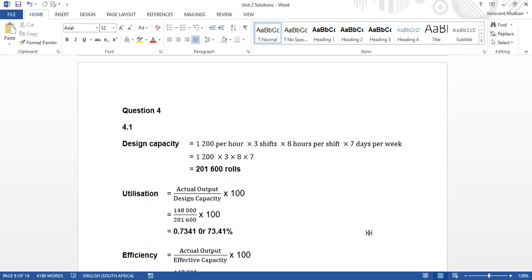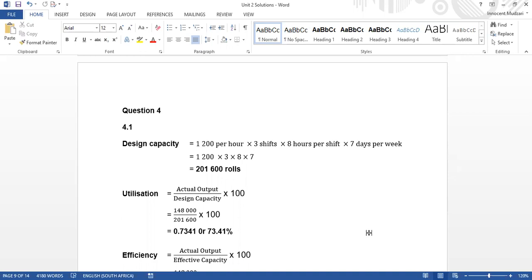Right, so question 4, it's unit 2. You'll find it on page 47, with 4.1 and 4.2. Page 47, that is where we have design capacity, utilization, and efficiency. First, calculate the design capacity. Design capacity is the total achievable capacity under perfect conditions. So from our question, to determine the design capacity, we are going to calculate what number of rolls are produced